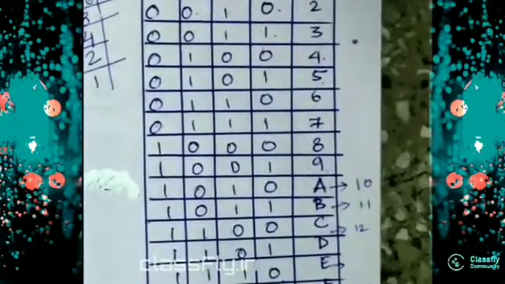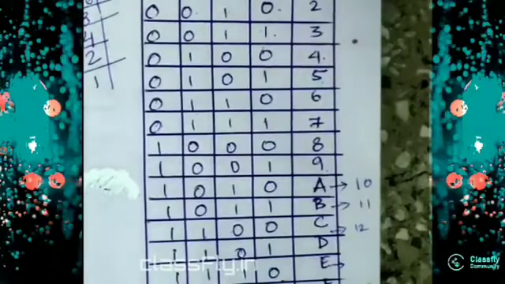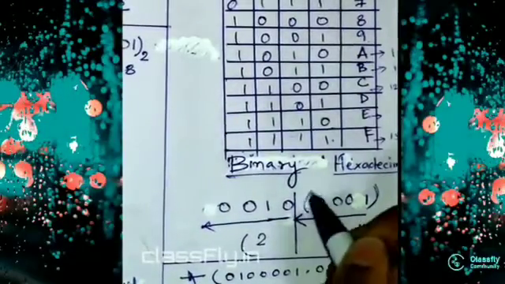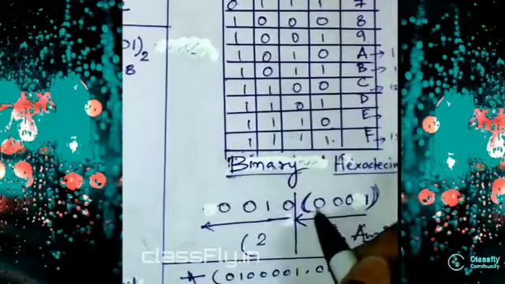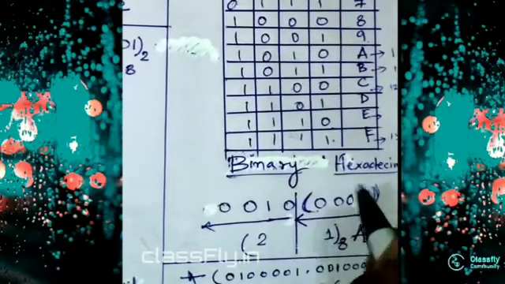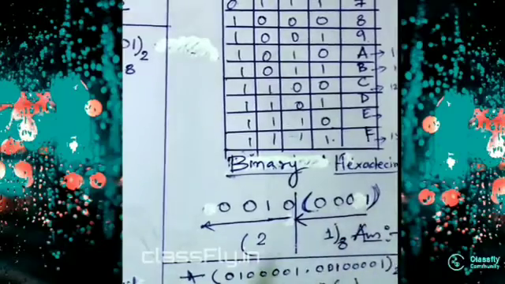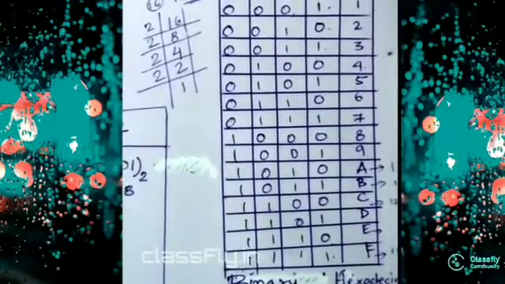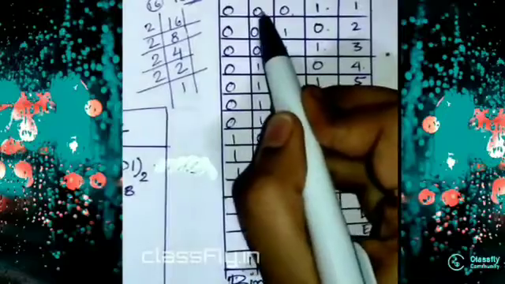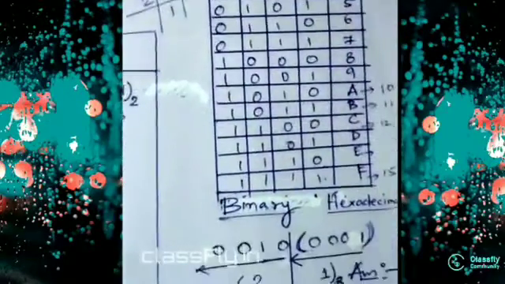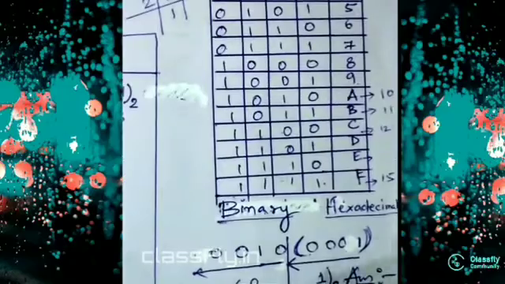Okay. Now we will take the question, that is 0, 1, 0, 0, 0, 0, 1. We will write the question first and we will cut it into 4 digits. The first 4 digits will be 0, 0, 0, 1. We will see in the table what the digit is. 0, 0, 0, 1 is the number 1. So we will write 1.